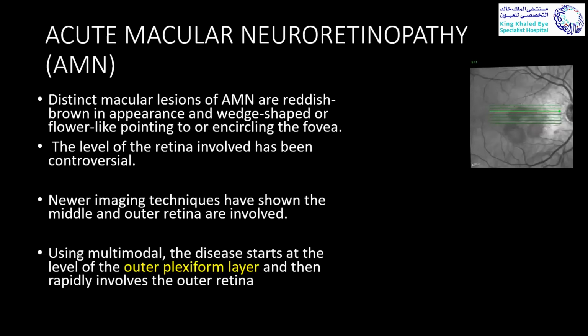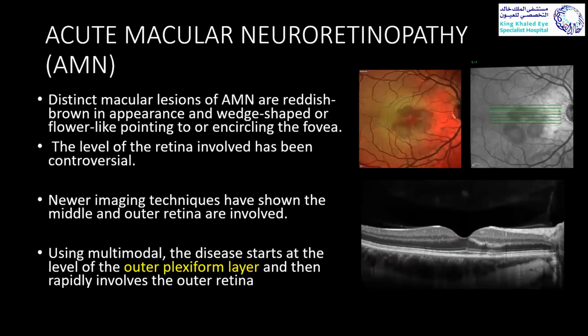Another entity categorized under the primary inflammatory chorioretinopathy is acute macular neuroretinopathy, AMN. It's a very rare disease that was described in 1975. This disease is very interesting because most of the time you will not see these lesions on blue light autofluorescence, and sometimes not on examination. But the OCT is very interesting. You will see this hyperreflective line affecting mainly the outer plexiform layer.